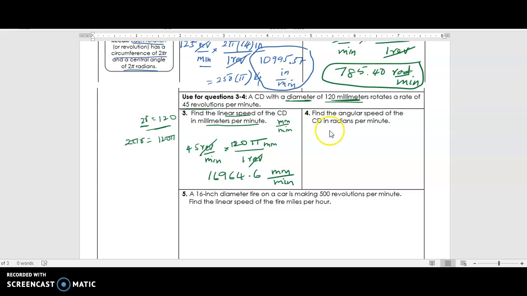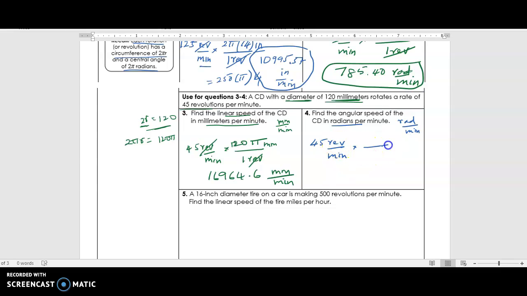So let's quickly try the next one. Now he's saying angular speed. So we are starting with 45 revolutions per minute, just like so. And the goal should be radians per minute. The goal should be radians per minute. So times,